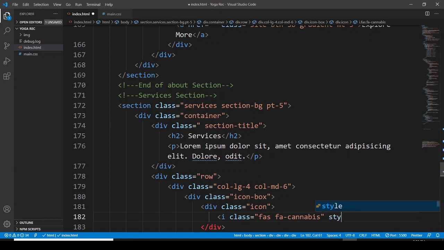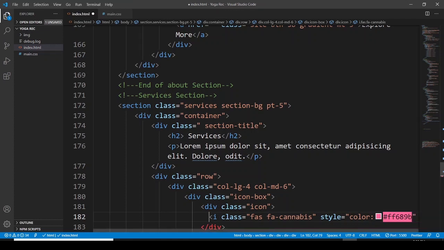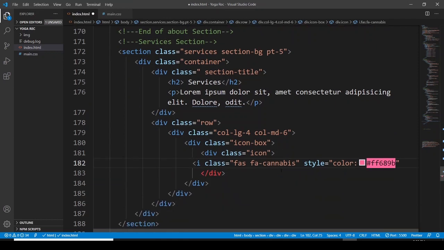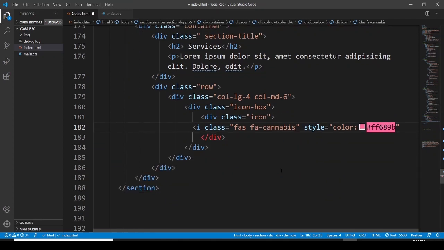And now we are here. I'm going to declare the inline styling. So style, let's have a color, and the color is going to be FF689B. Let me bring it here, and it should be here also. Okay, and then after